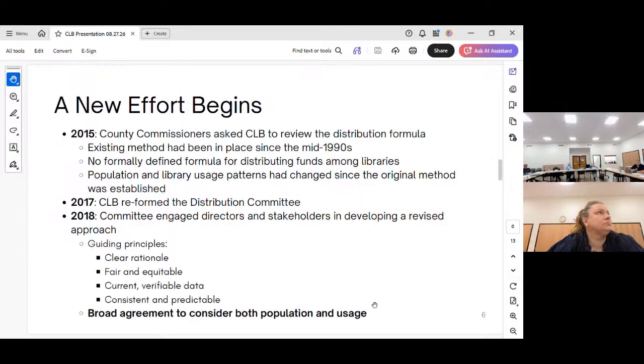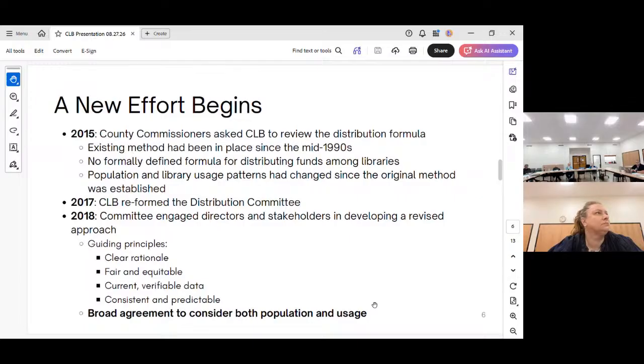In 2015, the Coos County Board of Commissioners asked the CLB to review the distribution formula and recommend changes. At that time, there was no formally defined formula for distributing funds among the libraries, and the existing method and percentages at that point had been in place since the mid-90s. In 2017, CLB reformed the distribution committee, and in 2018,